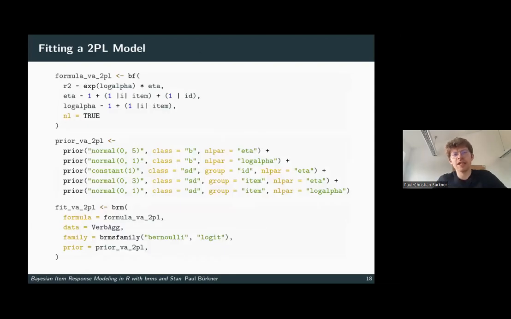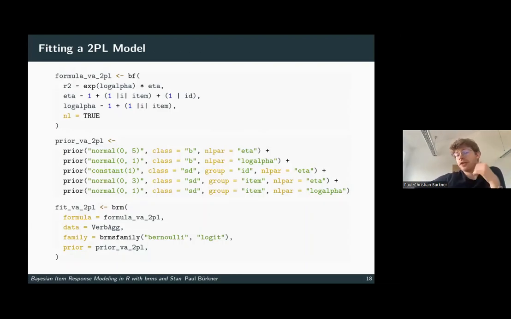So now let's get a little bit crazy and fit a 2PL model. In the 2PL model, we have the item easiness, we have the item discrimination, and we still have the person ability. So we are separating that model into 2 parts. First of all, this part I'm calling eta, which simply has the item easiness and the person ability or person parameter. And then we have the